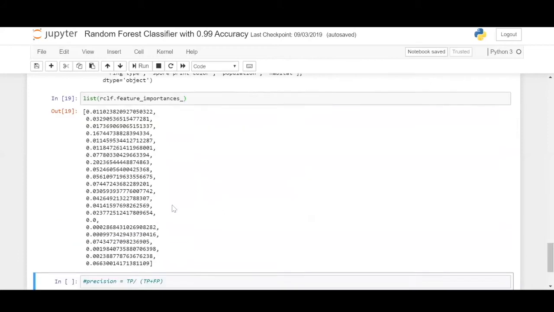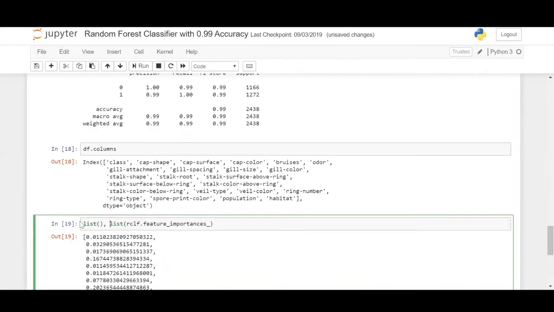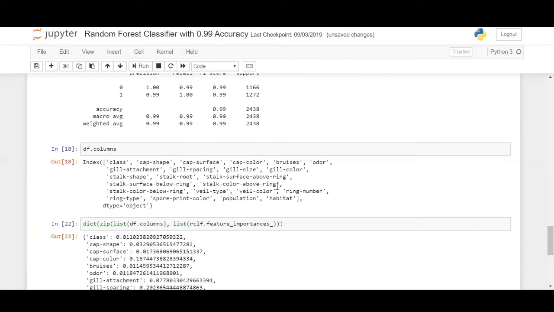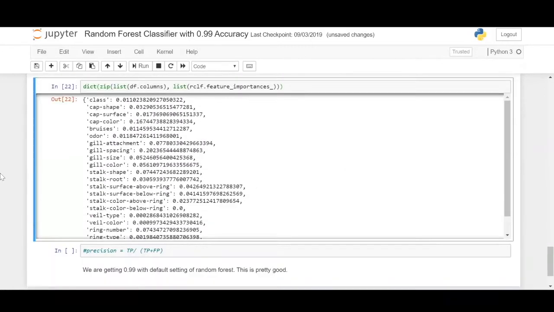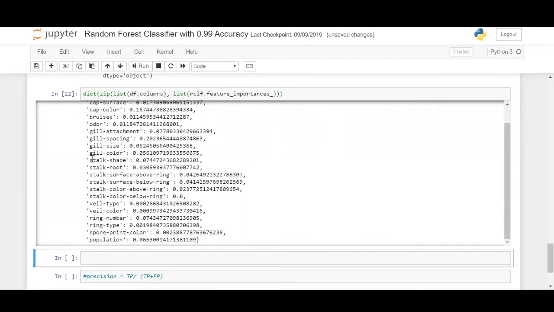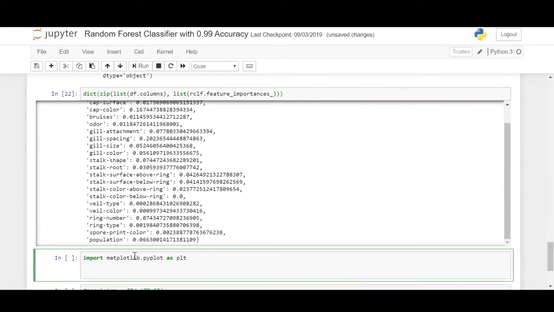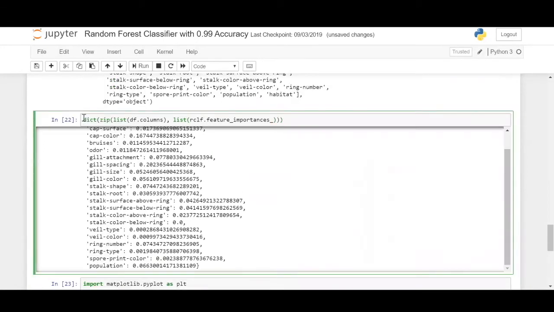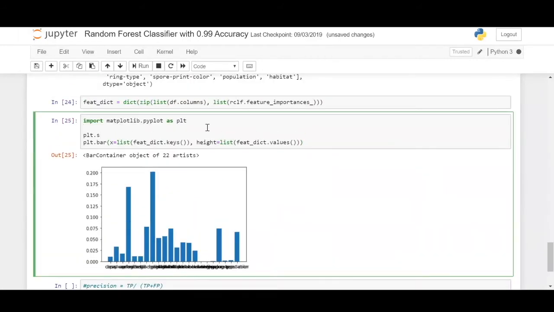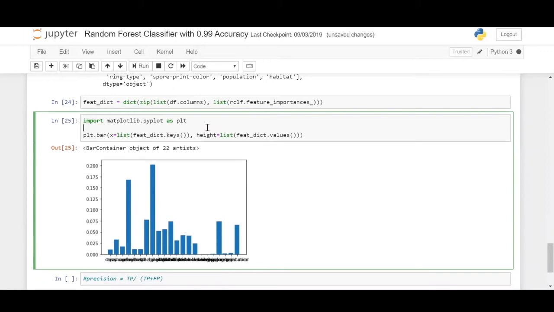So this is the feature. These are the number values basically. I will just show it to you in this format. Okay, now can you see this better? So I'll show it in a better visualization to you. Yes, so we'll try to plot which features are more important. It doesn't look good. I'll try to increase the size.